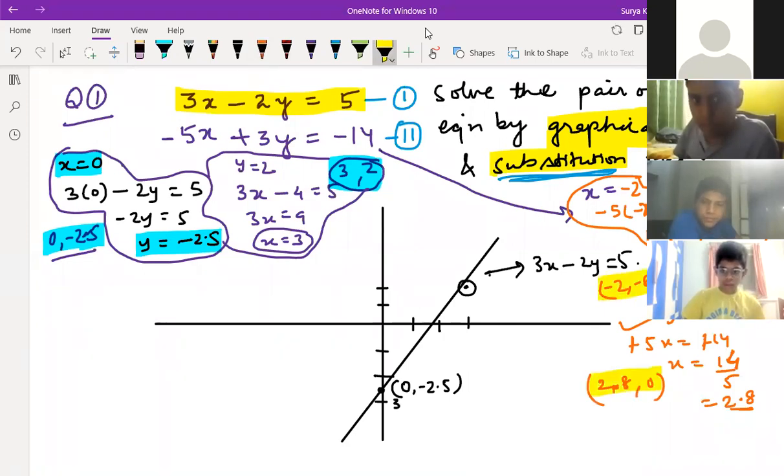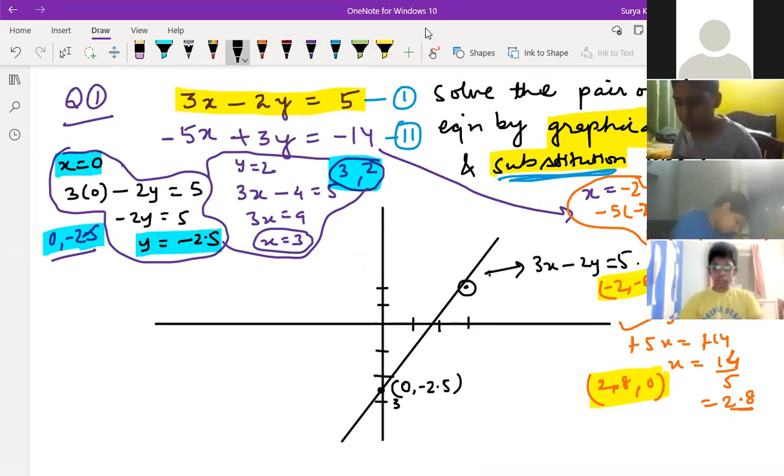Okay, children, if you do this on the graph paper, only then will it come correctly. Here you cannot show it right now. You should do it exactly on the graph paper. Where the lines match, that is the answer. Anyway, I'm doing it approximately over here.